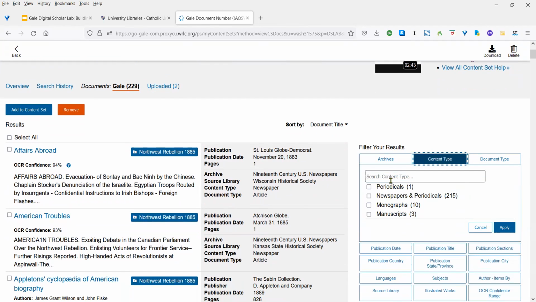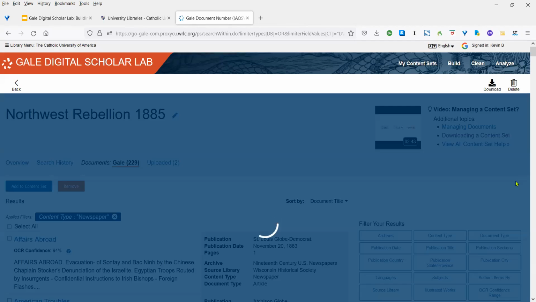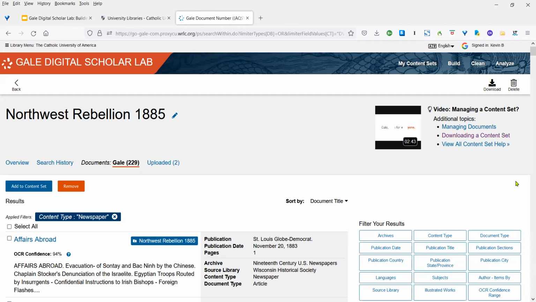Content type, so I can go newspapers and periodicals, let's say. If, like I said, researching American and Canadian newspapers, I could limit it in that regard. And since we're looking at this, we can combine it and say, okay, how were the newspapers covering these events in real time? So I can go to